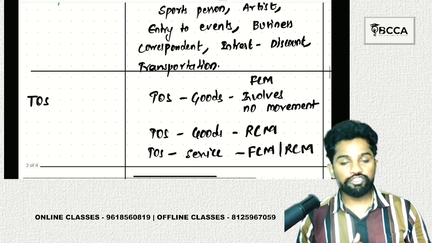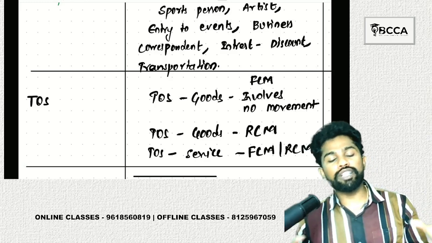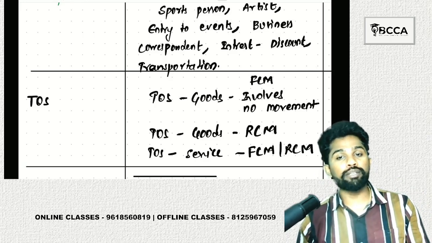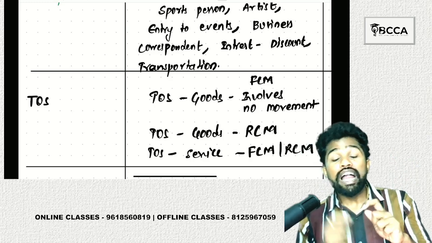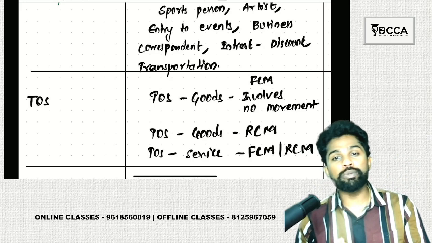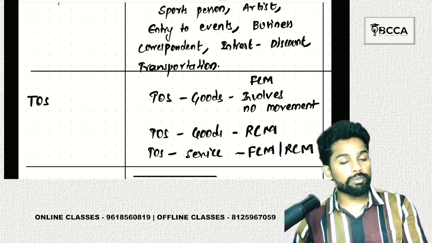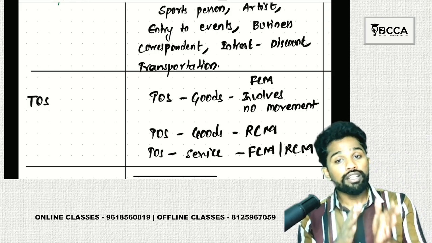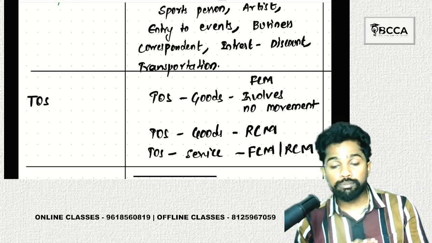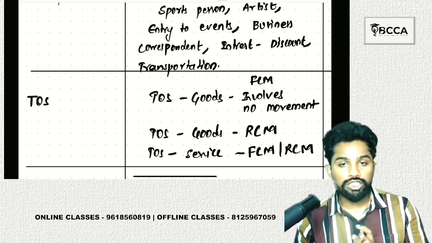Okay, then time of supply. In time of supply, you need not read everything. Majority of the times they're asking about goods, and in goods also where there involves no movement. When there involves no movement, then the invoice has to be issued on or before the removal of goods from the supplier's premises. That would be the due date for issue of invoice, and there will be the actual date of invoice, whichever is earlier will become the time of supply. So questions related to that point are most frequently asked.